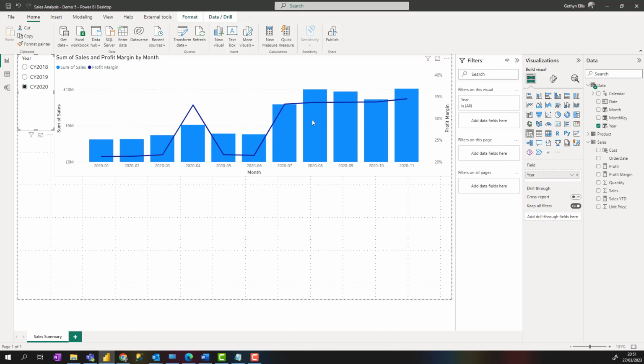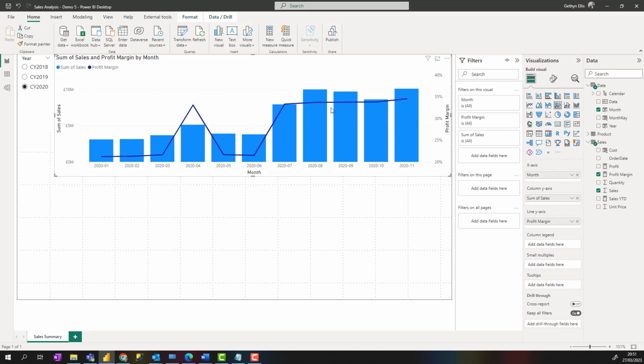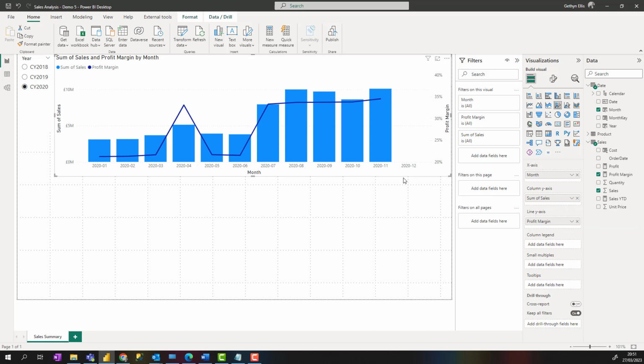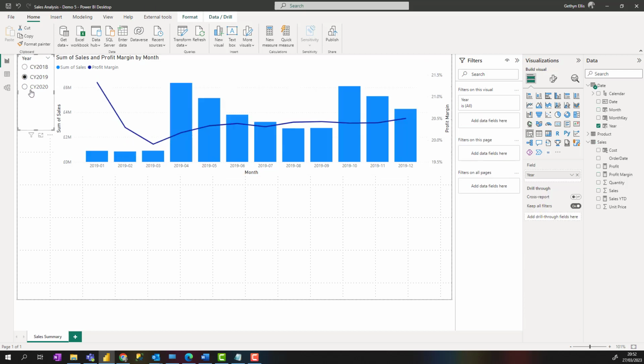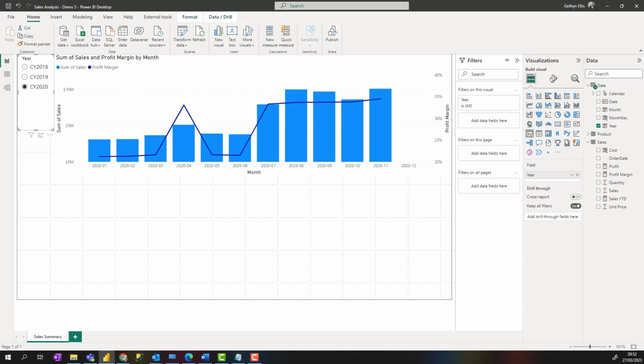So if I just escape out of there and select my visual, make sure it's selected, and then if I come down to the month on the x-axis and say show items with no data, it adds in values for December for me. You can see as we switch between the slicers, if I go to 2018 and 2019, the data obviously updates to show the values for